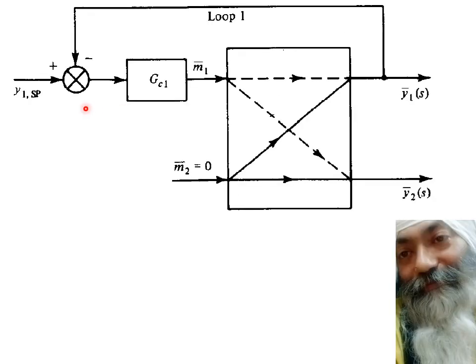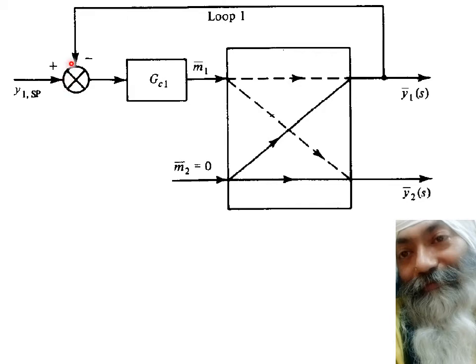So guys, we see here that in case we have only the first loop, the first loop over here is getting the feedback, there is no change in the manipulated variable over here, and therefore this y2 is supposed to be constant in absence of any input from m2. But what happens is that whenever there is any disturbance over here and the feedback is not matching